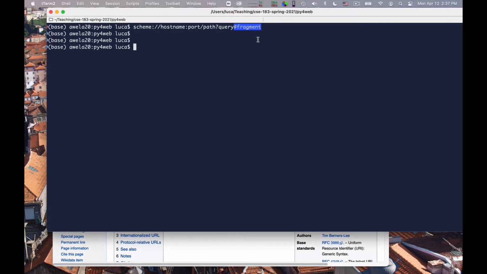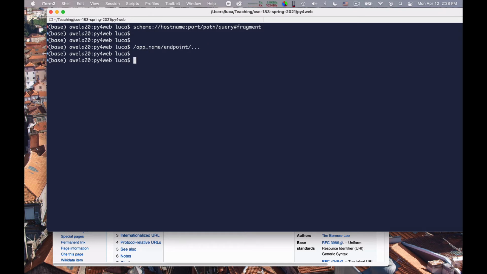In Py4Web, we will want to generate all URLs using the Py4Web URL helper. This will enable us to move our code from one application name to the other, because we have to remember that in Py4Web, the path portion is composed generally of the application name, then of our particular endpoint, and then of the rest of the path, right? We never want to hardcode the app name, because the app name is simply the name of your application inside the apps folder, okay?